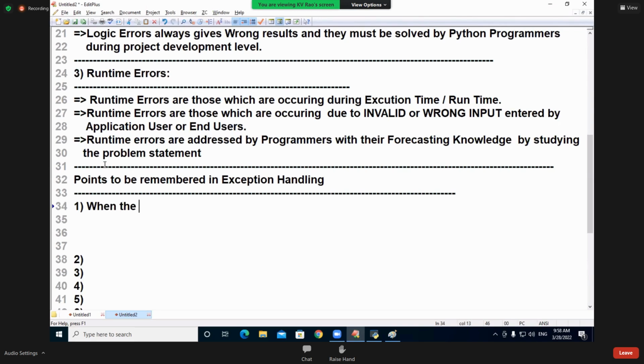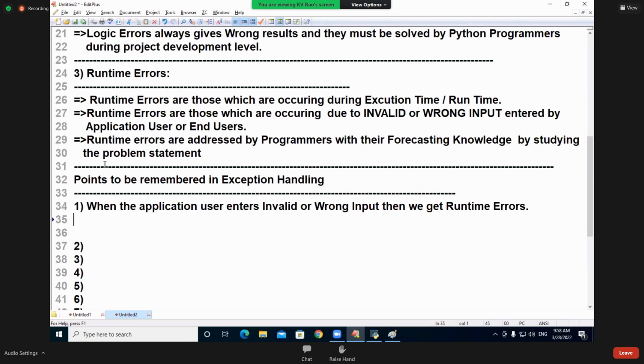When the application user enters invalid input or wrong input, then we get which errors?